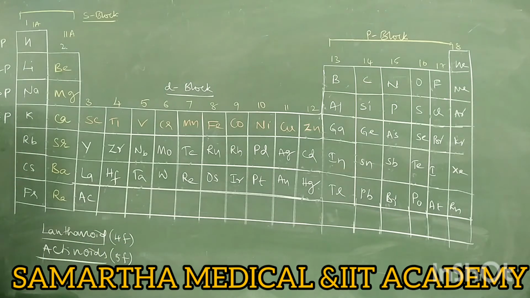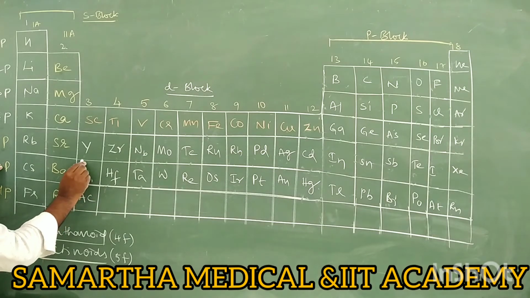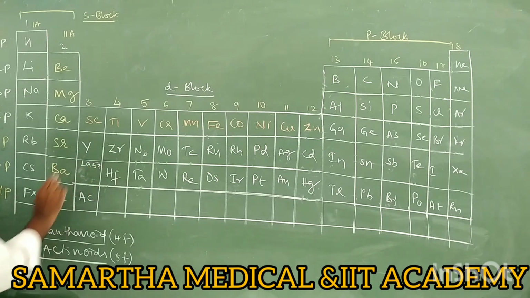Then where are the lanthanides present, where the actinides? It is the 4th and 5th period, 6th period, 7th period. Tell me. F block elements start from which period? 6th period. F block elements start from 6th period. 6th and 7th will be there, right? In 6th period there is the lanthanum element, no? La. Okay, lanthanum has atomic number 57, right?